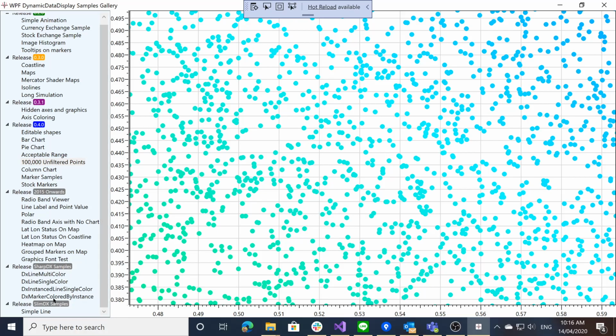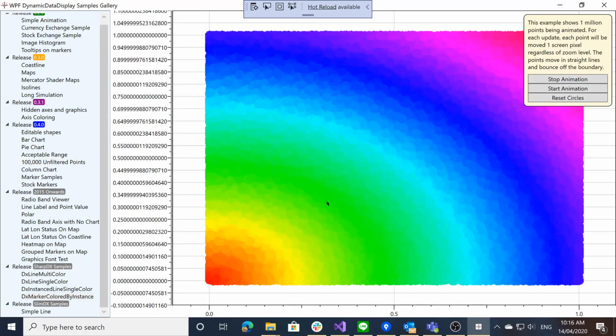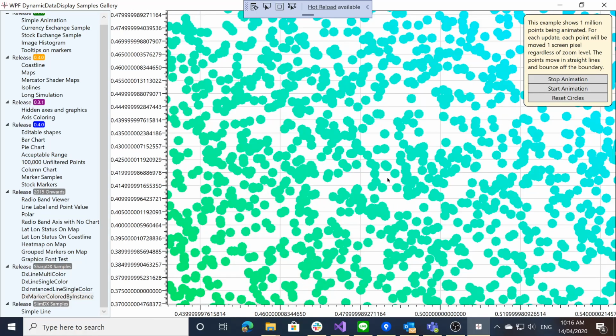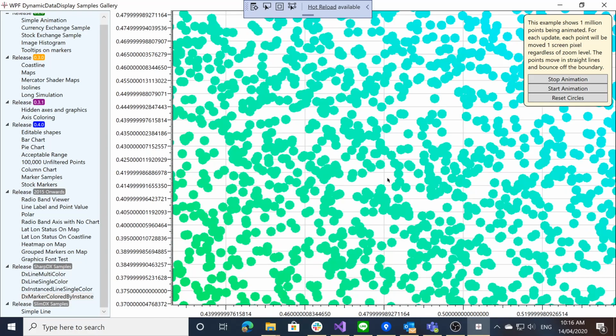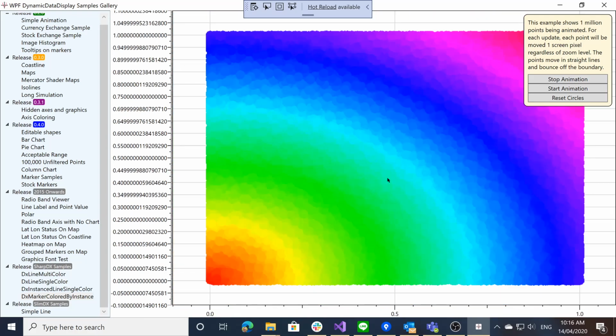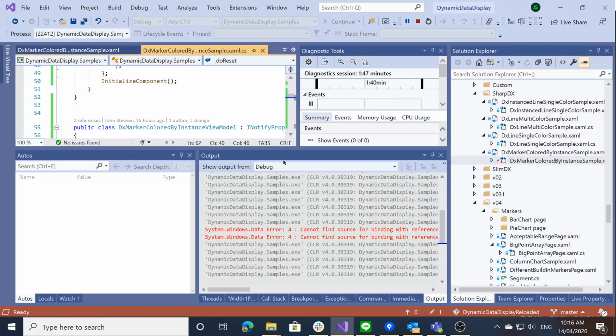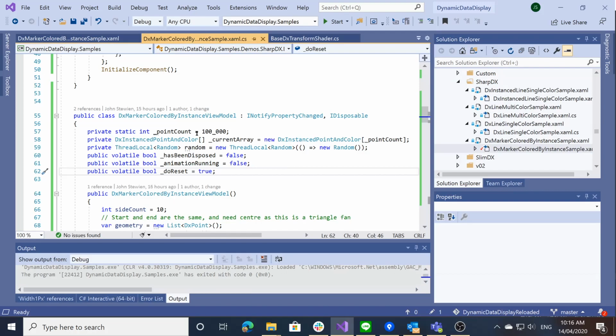If I go down to my DirectX marker colored by instance, click on that, and boom, there it is. It's already rendered. That's 100,000 points. So if I close that, 100,000 is actually pretty easy for my new renderer. If we go in here and make that 1,000,000 points,